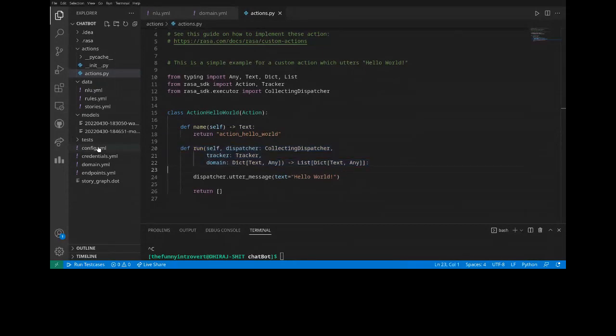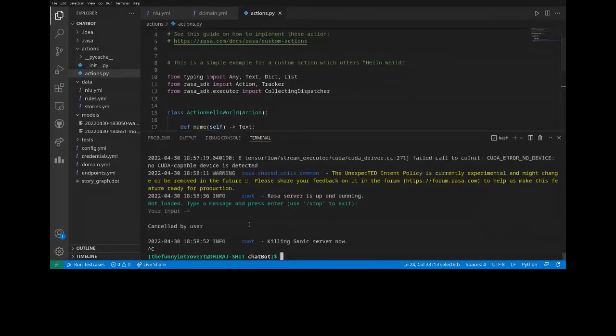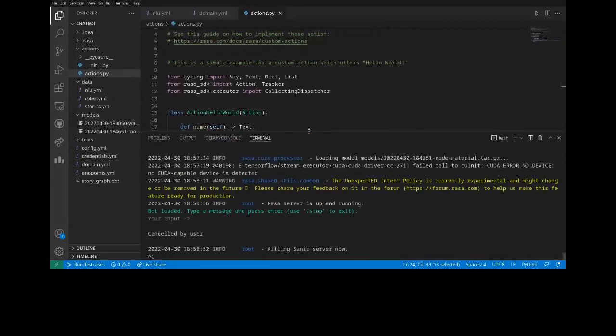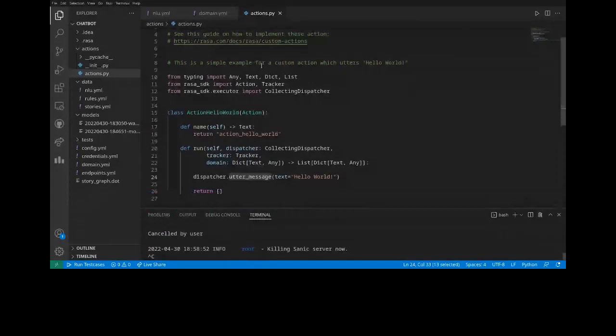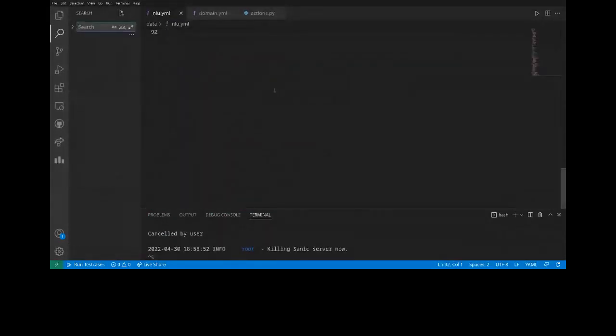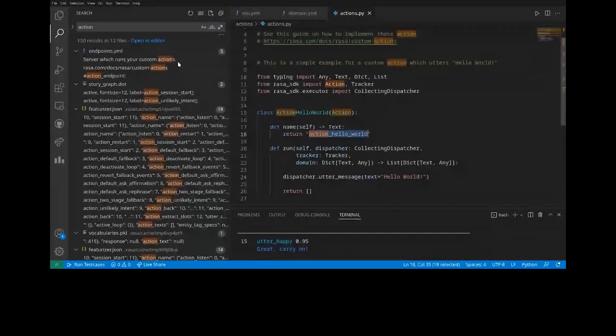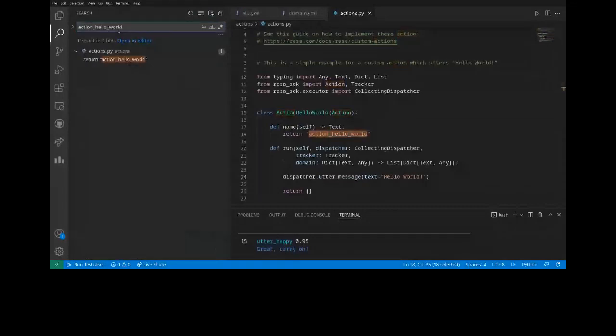So यहाँ पे हम जो भी जैसे यहाँ पे लिखा है utter message. So this is what the message which our bot will basically send. So if I write something, let's say hello world, and यहाँ पे I think यहाँ पे already defined है action. Just a minute. Action hello world. Okay, we have already defined action hello world, but it's not that.